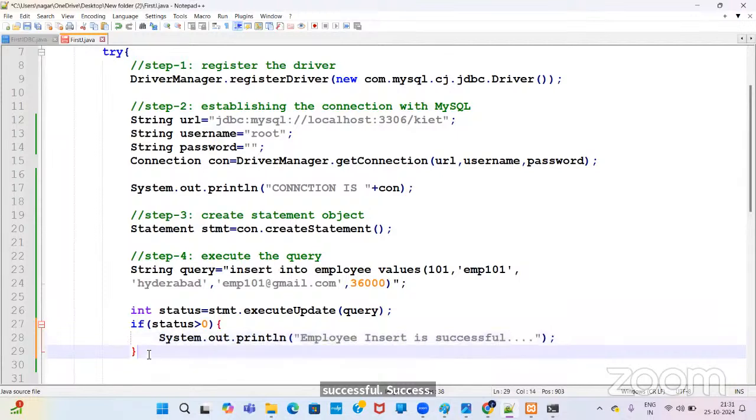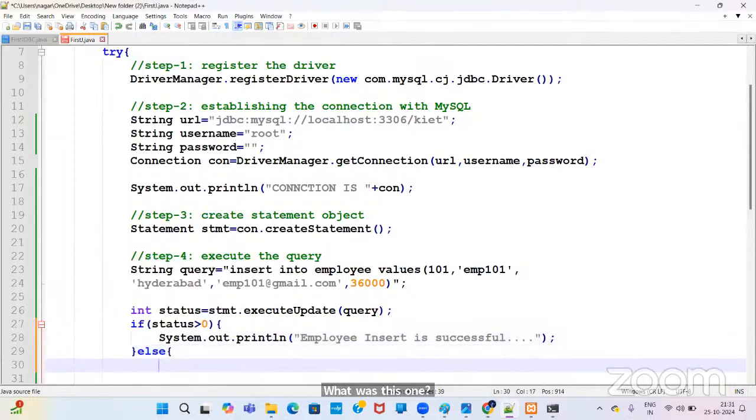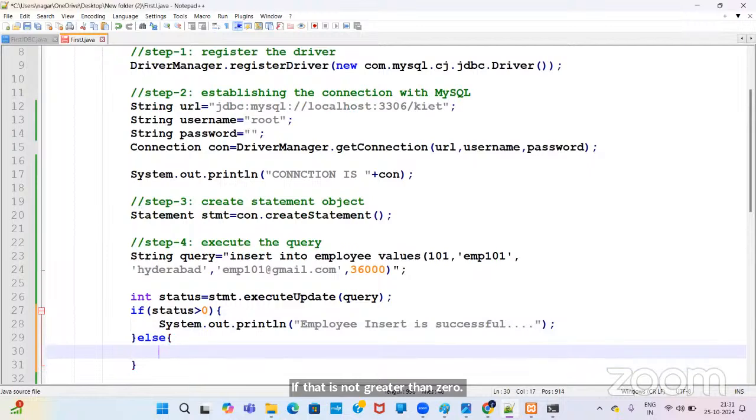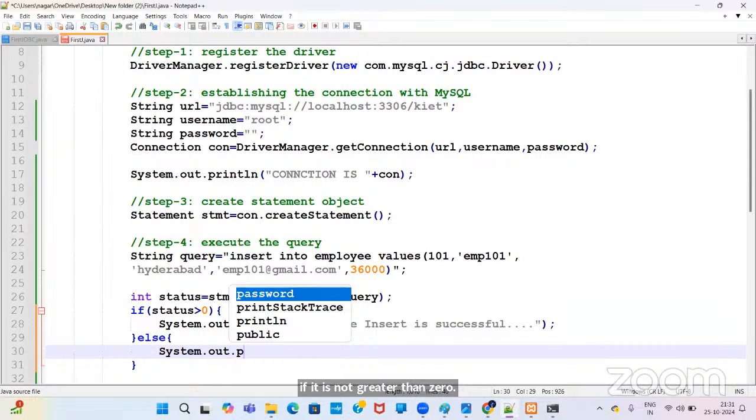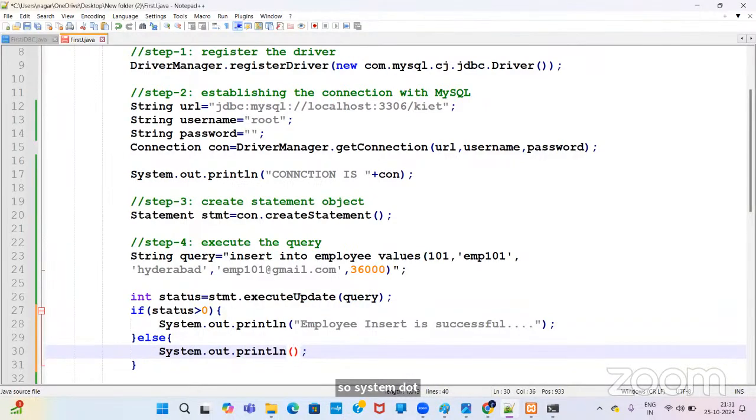If it is not greater than zero, then System.out.println